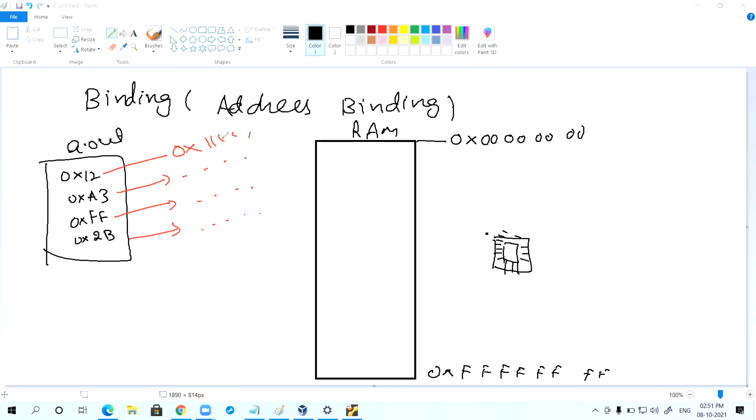In cross compilers, when generating the hex file, which location this opcode needs to sit in is decided at compile time only.